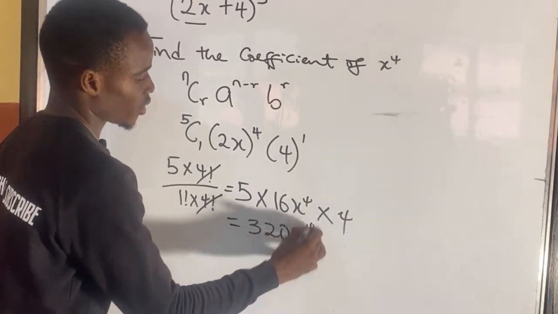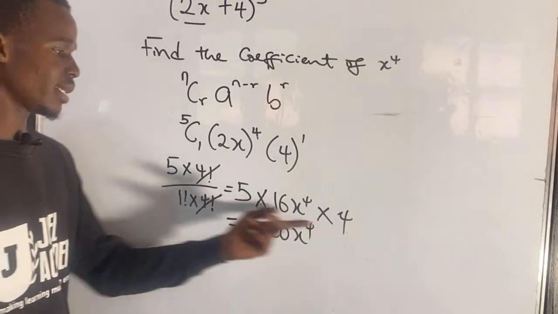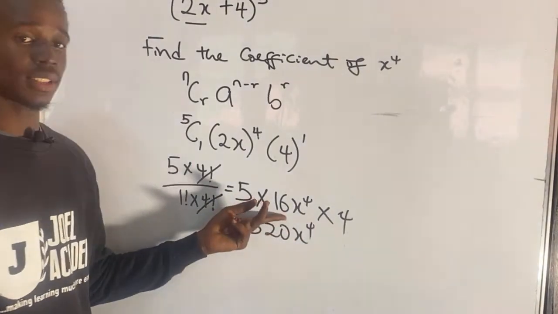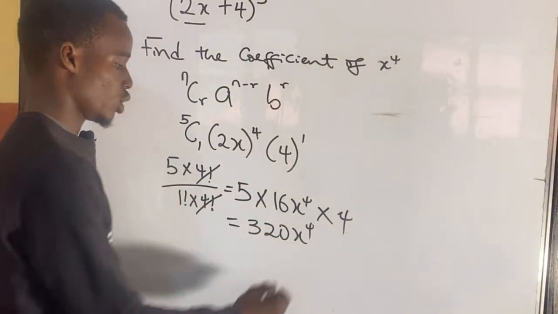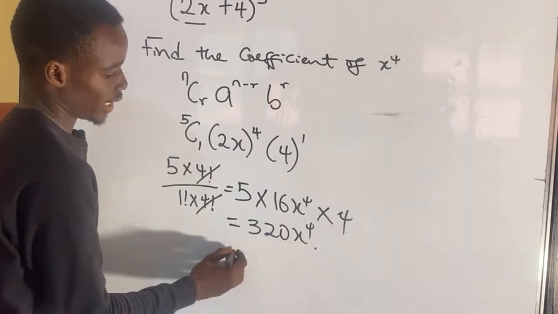320 x raised power 4. Right? 5 times 4 is 20. 20 times 16, 320 x raised power 4. So our answer now becomes